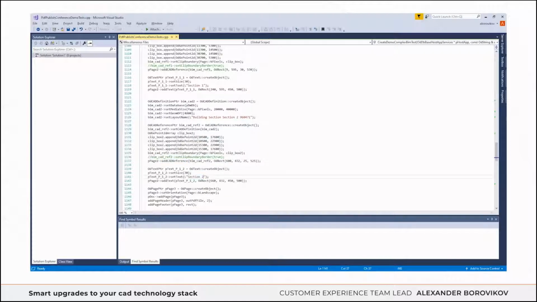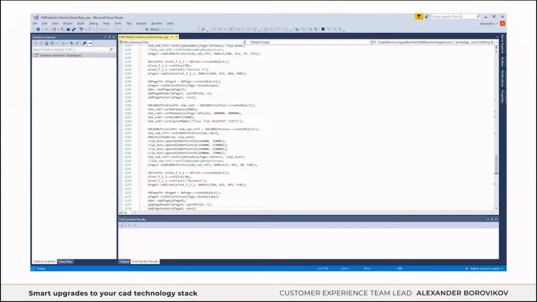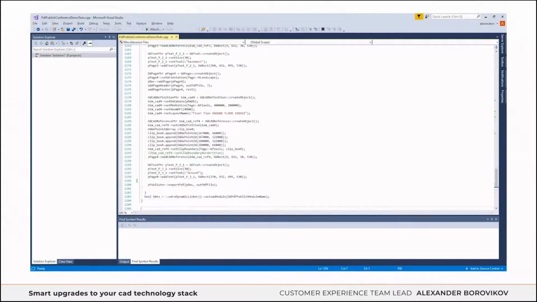Page 3 and page 4 are processed in absolutely the same manner with the CAD definition, with the layout name, and etc. After all our pages are prepared, filled with data, and appended to our document, we call the export PDF and input the pdoc object, our document, and output PDF file name. So briefly,